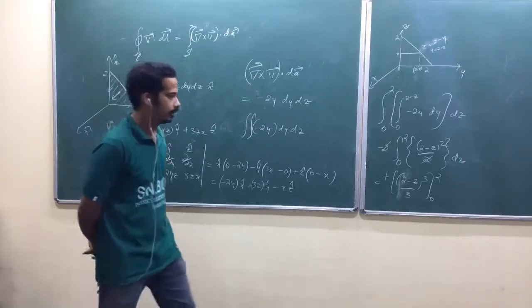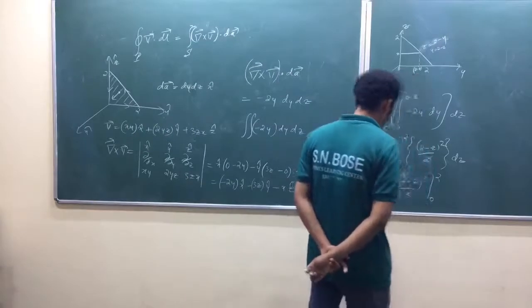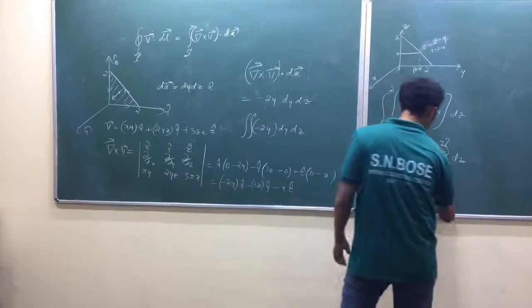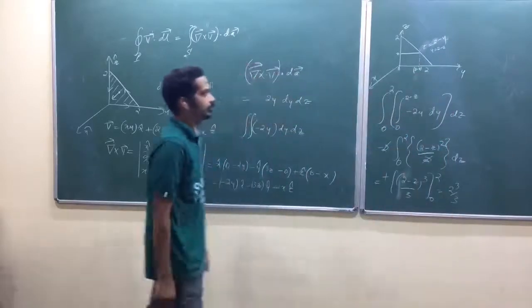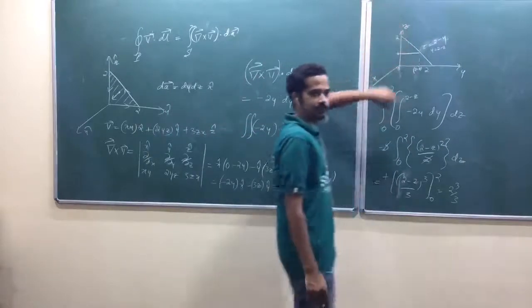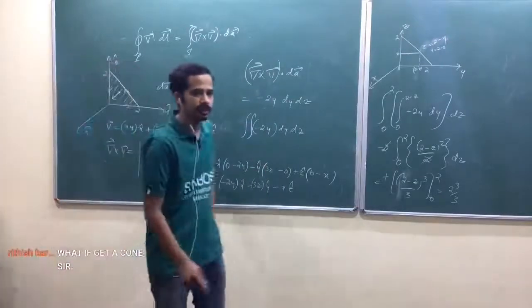Okay. Upper limit 0. Lower limit, yeah, upper limit it should be 0. Am I right? Look at here. When z equal to 2, this length is 0. That will make it 0. That's correct. 2 cube by 3. Am I right? Check it out.